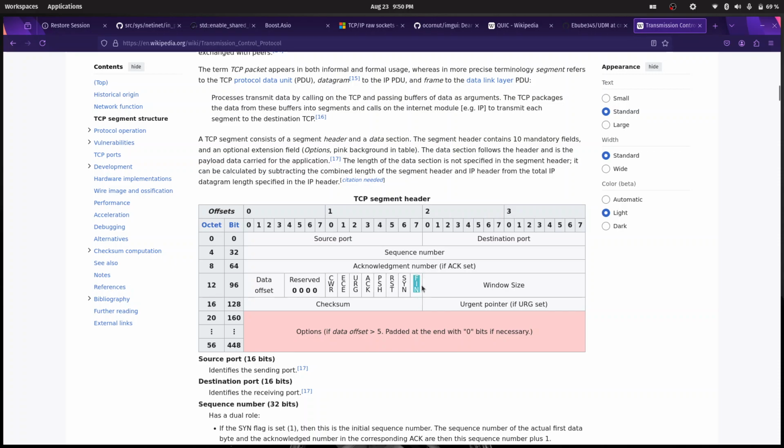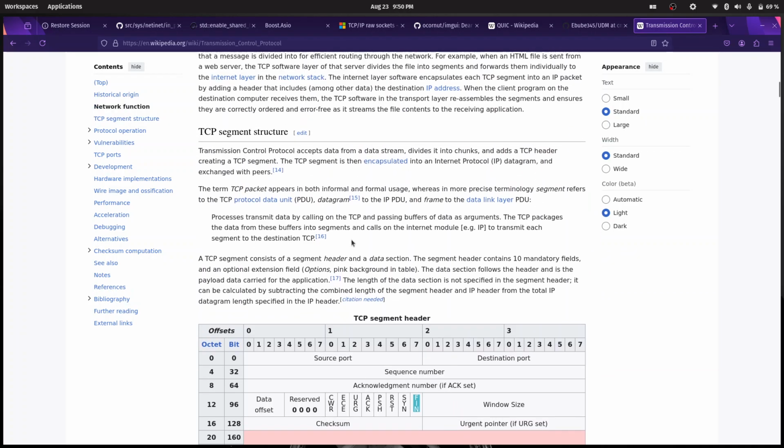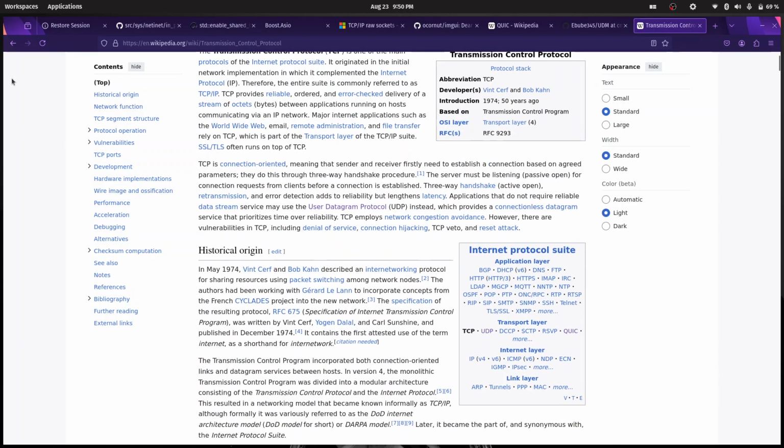And FIN basically is a finish. You're done sending data, you're trying to close the connection gracefully and stuff like that. So yeah, those are the two main protocols that we have. So now,